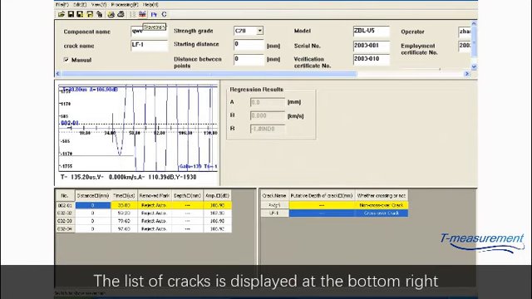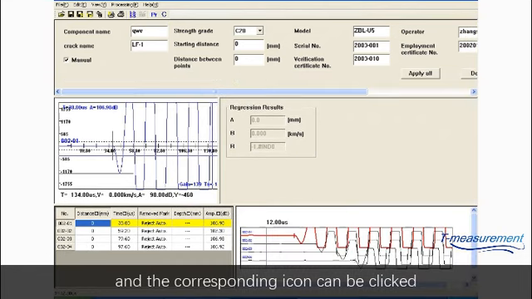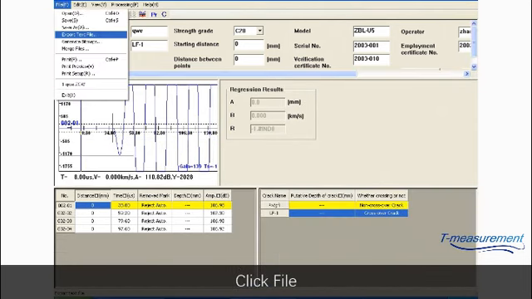The list of cracks is displayed at the bottom right, and the corresponding icon can be clicked in the toolbar to switch to the wave chain map. Click File, choose Generate Bitmaps, and display